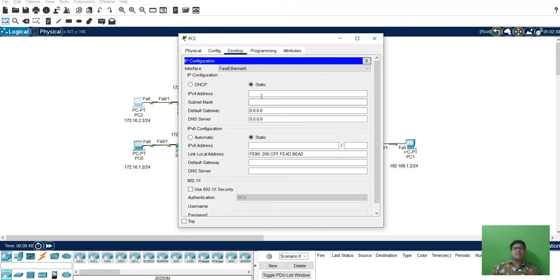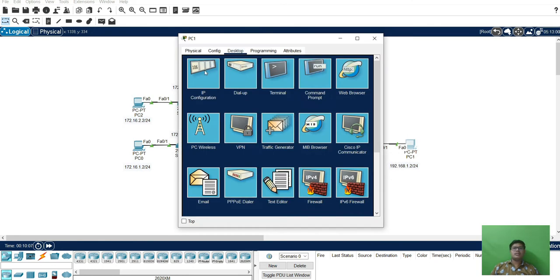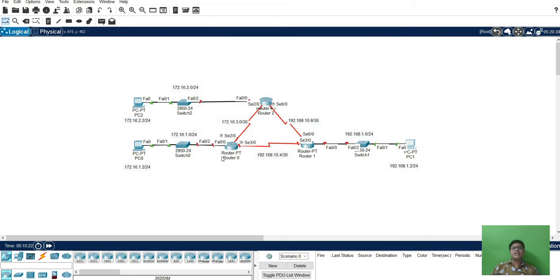Next, for this PC, 172.16.2.2, with gateway 172.16.2.1. For the third one, 192.168.1.2, with gateway 192.168.1.1. So the configuration for the end devices is done.